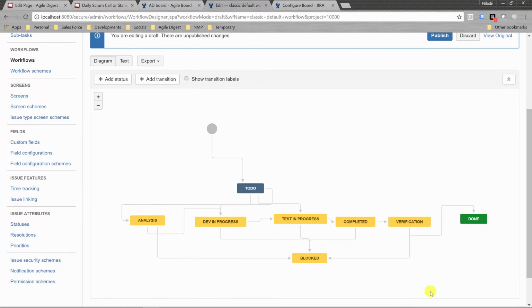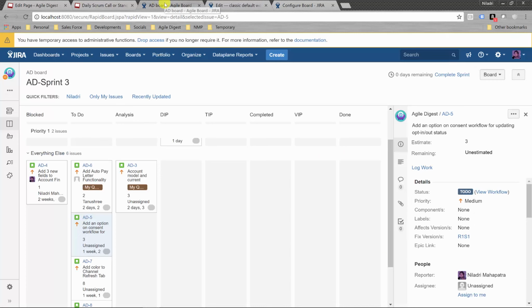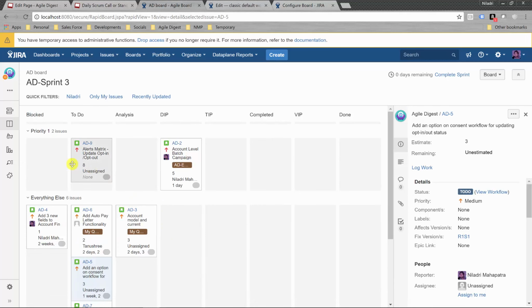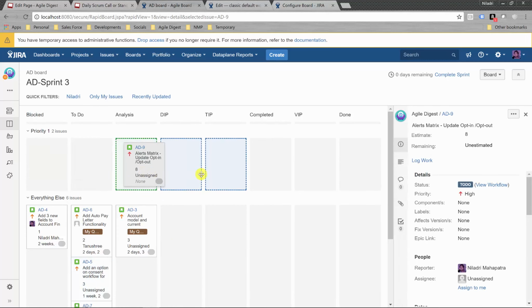So if you don't have the administrative rights, you can check the different ways that I'll be doing in the next state, or you can talk with your administrator to get it done. So here if you move one transition from To Do to blocked, then you will be able to move your stories from To Do to blocked also. So to move a story from blocked, for this one, for an example, you cannot move it right now, but if you move it to, for an example, analysis,